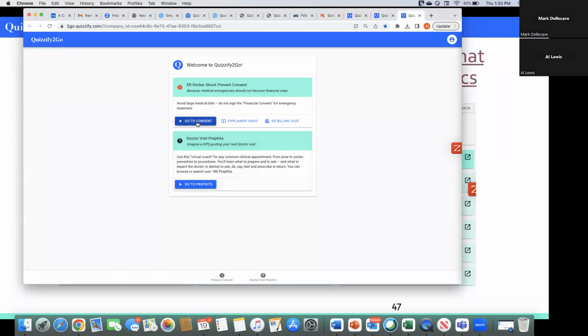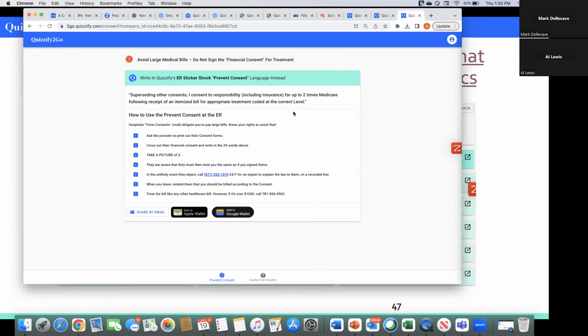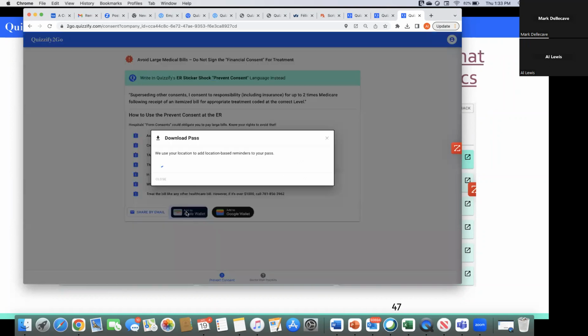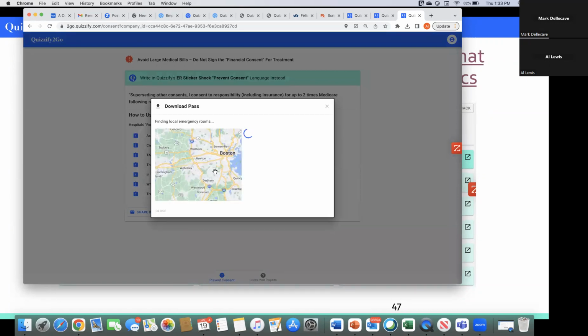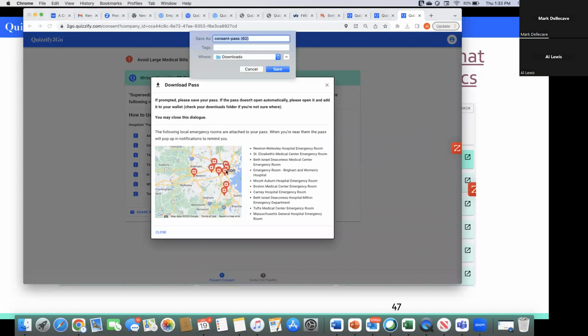And some of you may be very familiar with our ER sticker shock prevent consent. I think many of you are. It now comes with an explainer video and an ER billing quiz right in it, so that when you go to the ER, you don't have to have memorized the information. By the way, you don't need to memorize it anyway, because guess what? It's all geo-fenced, so that when you go to the ER, and in my case, these are the closest ERs in drive time, it will pop up basically as soon as you're within about 50 feet